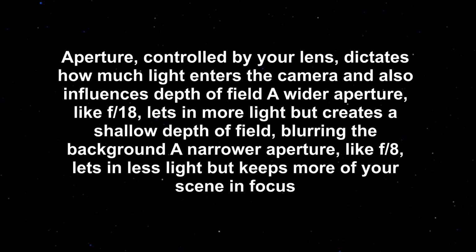ISO controls your camera's sensitivity to light. Low ISO means less sensitivity and cleaner images, while higher ISO introduces noise for video. Aim for the lowest native ISO your camera offers to maximize image quality for the A1. This is typically 100. Aperture, controlled by your lens, dictates how much light enters the camera and also influences depth